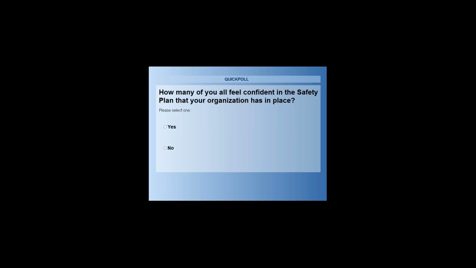At the same time, I cannot tell you how many safety plans I've looked at that talk about fallen aircraft and the zombie apocalypse and any number of other things. Although those may be appropriate on Halloween, they're not necessarily appropriate for any school in any area. And so having a safety plan is important. In fact, this poll question is directly asking about the confidence in the overall plan, because having a safety plan in and of itself is not enough.